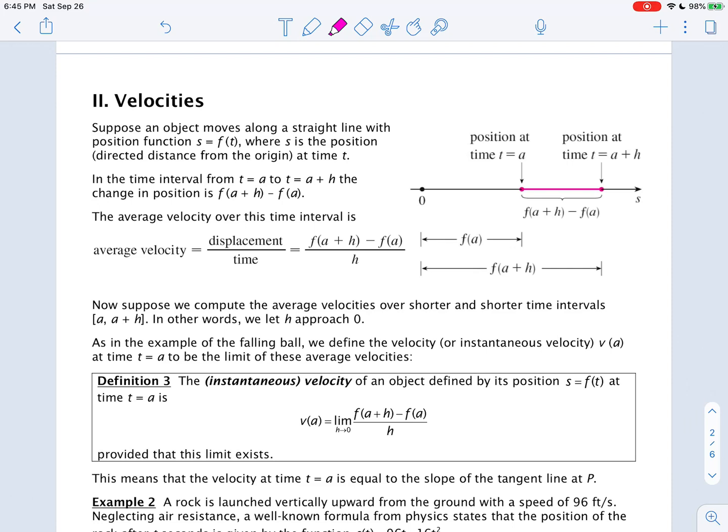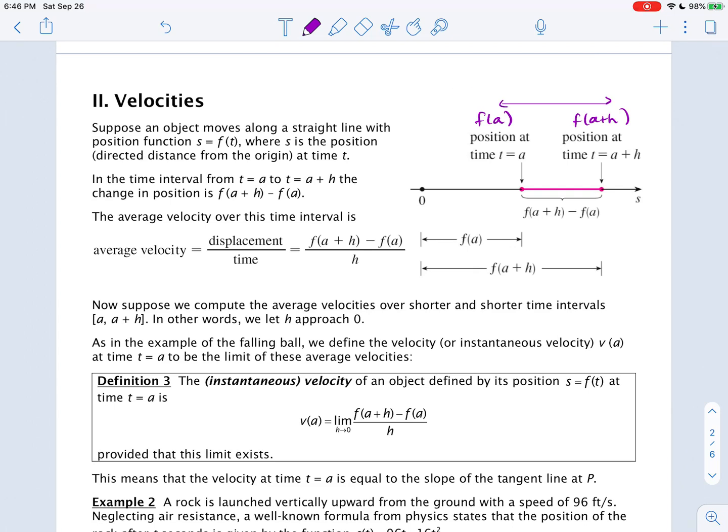In the time interval from t equals a to t equals a plus h, the change in position is going to be f of a plus h minus f of a, right? So if your position is up here, this would be f of a, right? Because that's our position. And then the position at time t equals a plus h would be f of a plus h. And so this distance here